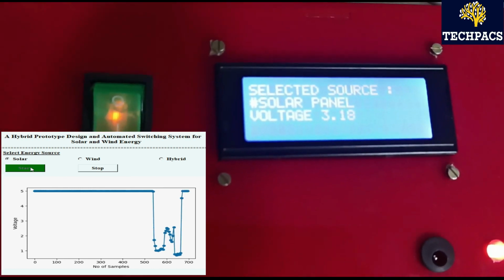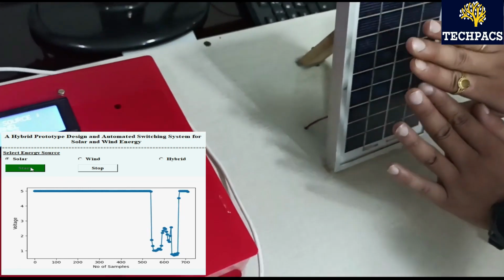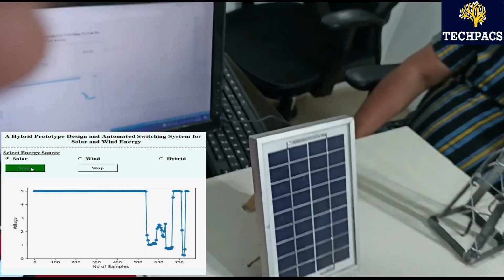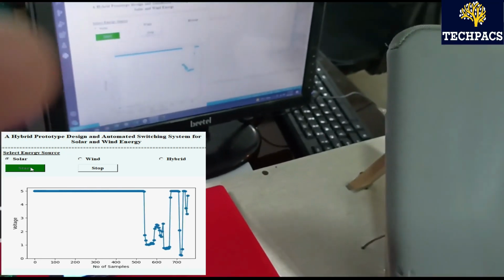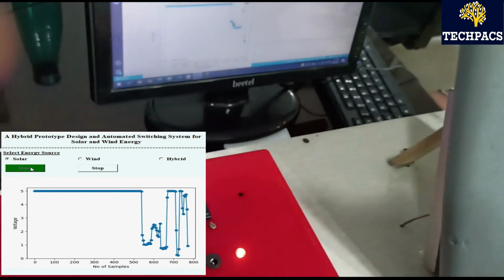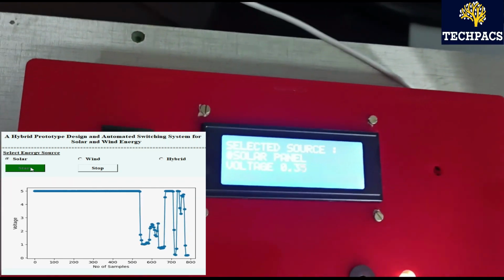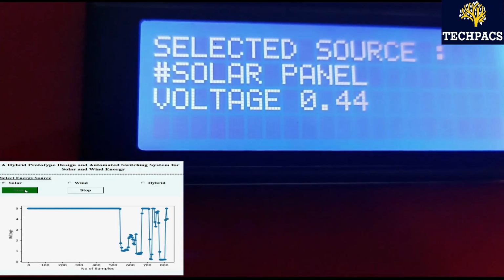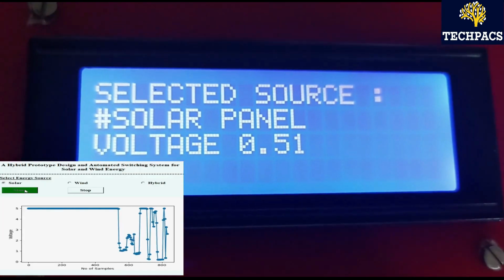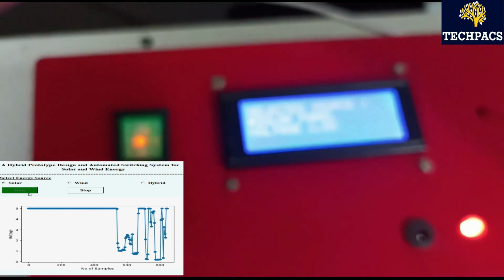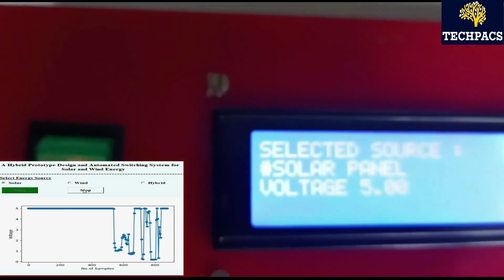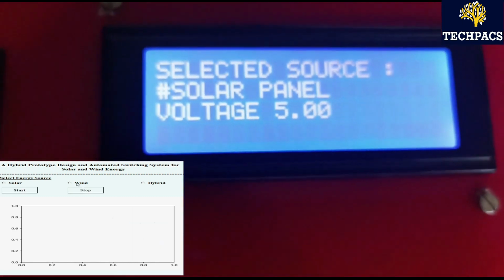You can see that as soon as the hand is removed, the graph rose instantly. And when it is covered, the graph falls. So this is how the graphical representation is being presented here, and the voltage output can also be seen here. It has decreased significantly.